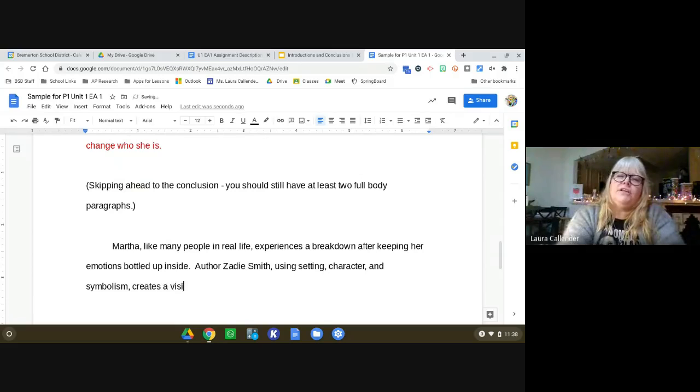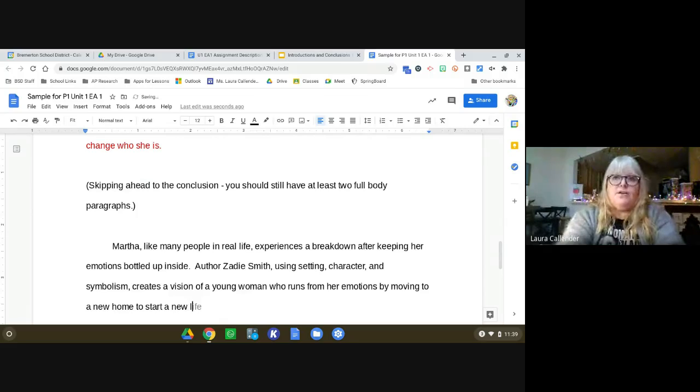creates a vision of a young woman who, I'm painting the whole picture now, right? I'm putting my puzzle pieces together. Okay, who runs from her emotions by moving to a new home because to start a new life. That's character, to start a new life. But when faced with the